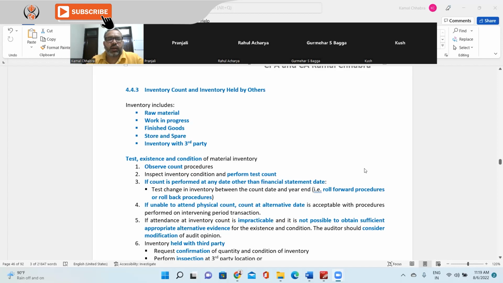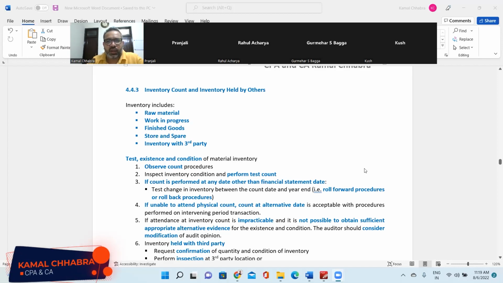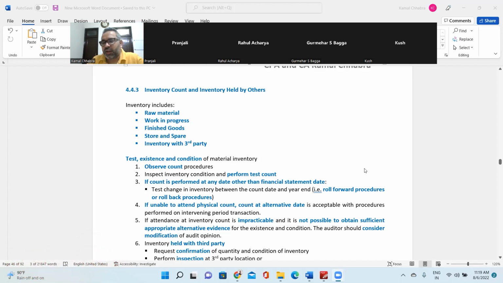It may be an FMCG company, or it can be like Patanjali, or HUL, or a car manufacturing company. Whatever comes to your mind, just imagine that company and imagine what kind of inventory they may have. They may have raw material, right? And there might be something on the production floor, which is work in progress. There might be some finished goods, which is completed inventory, available and ready for sale. And then there might be stores and spare parts as well, which are lying as inventory.